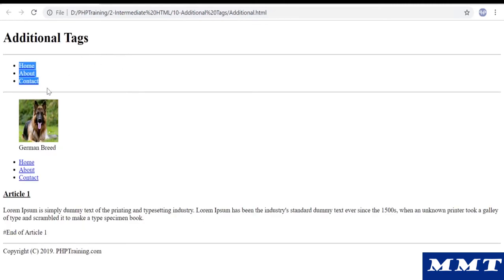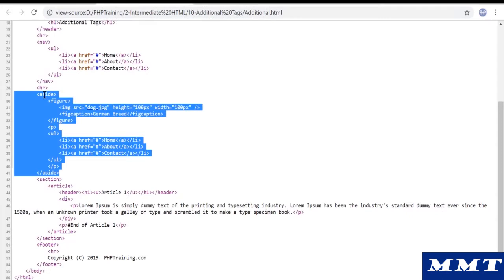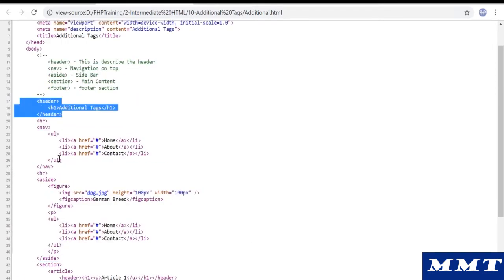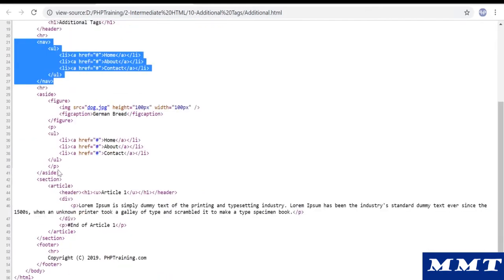Obviously, the sidebars and all those things are not visible because that is handled with CSS. So you will not be able to see sidebars and all those things. When we go to CSS, we will try to align all these things together. So you have to understand that HTML has given some tags with which you can describe the parts of an HTML page. What could be the parts? Header is one part, navigation is one part, then sidebar is one part.